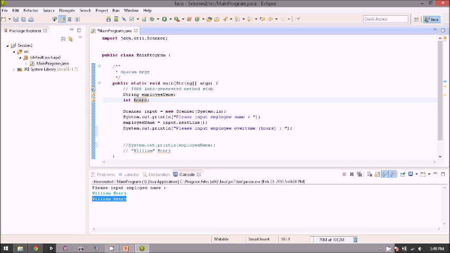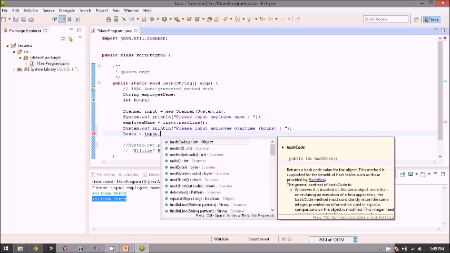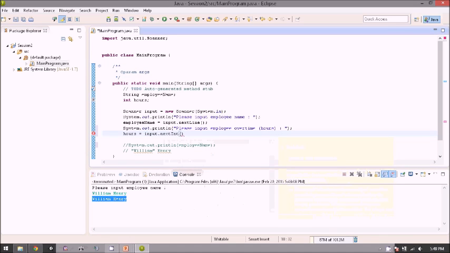So we will do a similar thing like this one. Just type the variable we want to save the data to, equals input dot. As you can see, we want to ask the user for a number, so we use input.nextInt. So after this, what we type into the program in here will be saved in the hours.